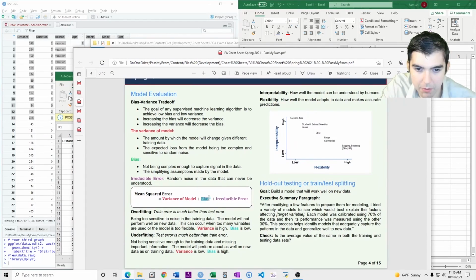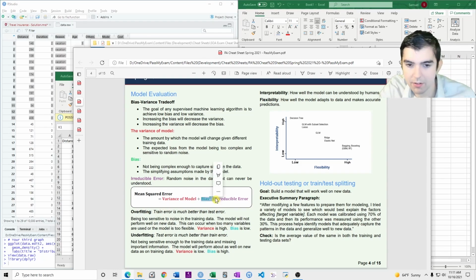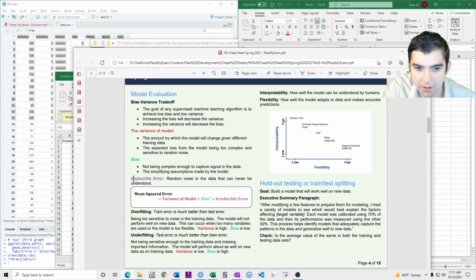However, the variance will be lower because you don't have as many parameters, and the bias is higher because it's making more rounding, more simplifying assumptions. So in both cases, the irreducible error is the same.